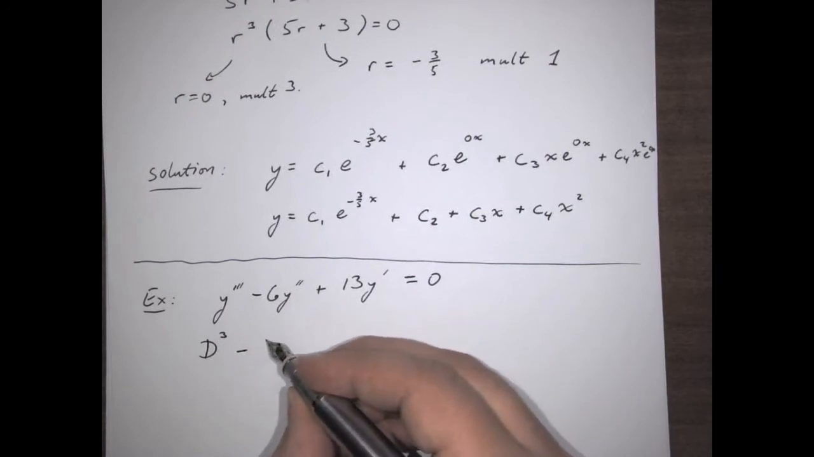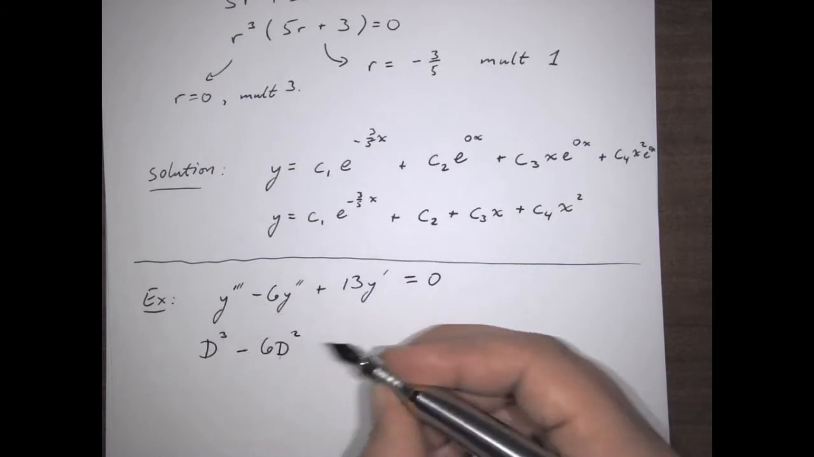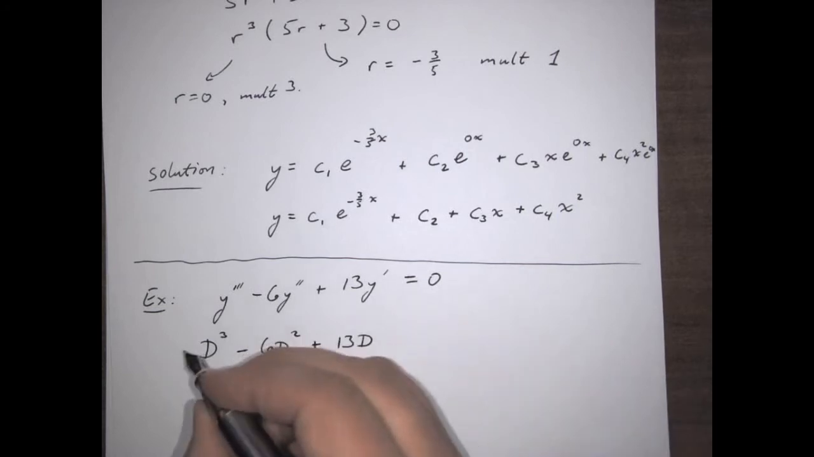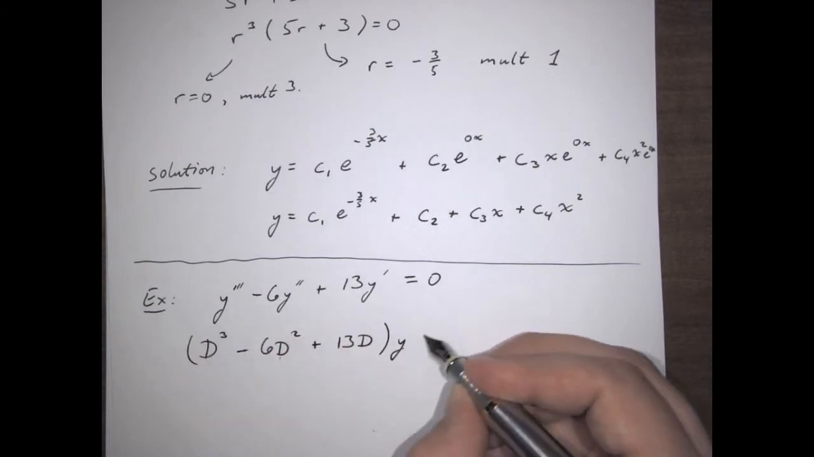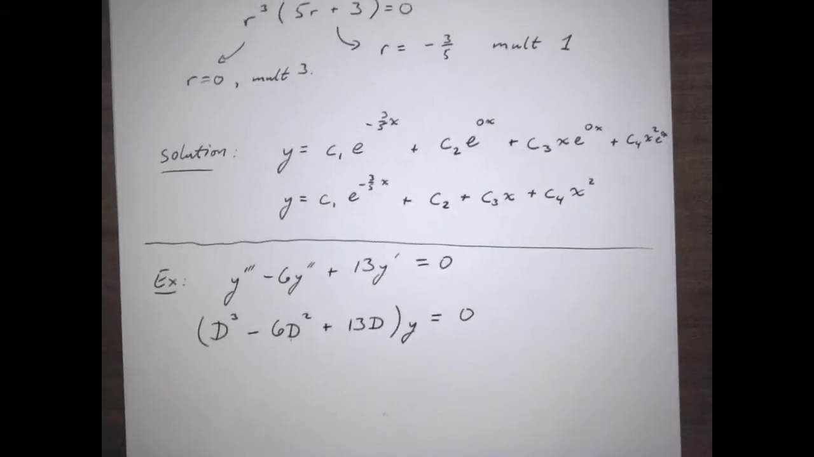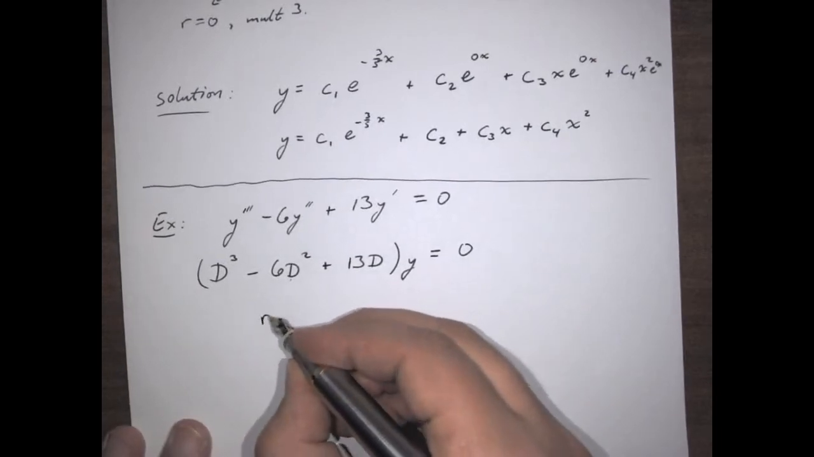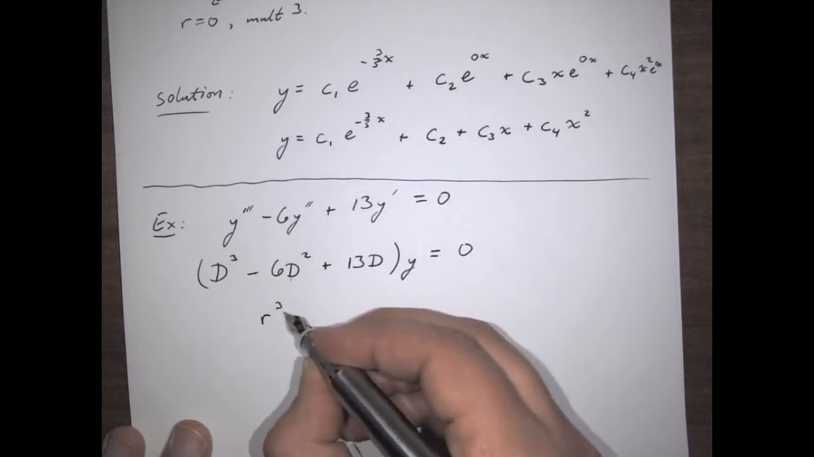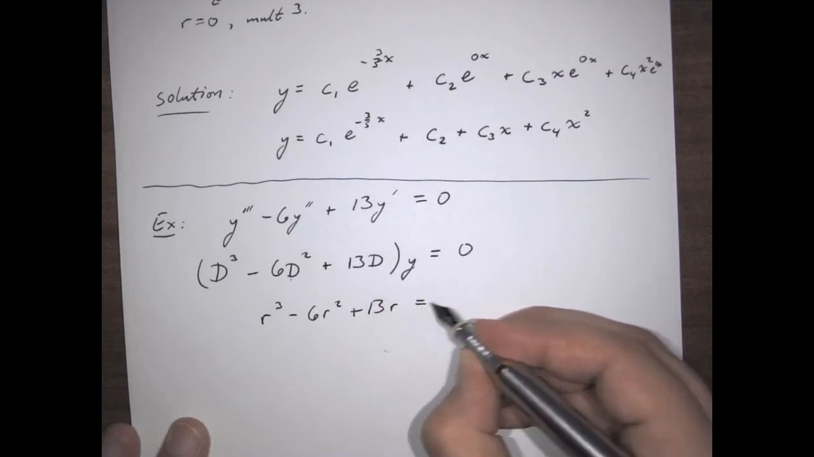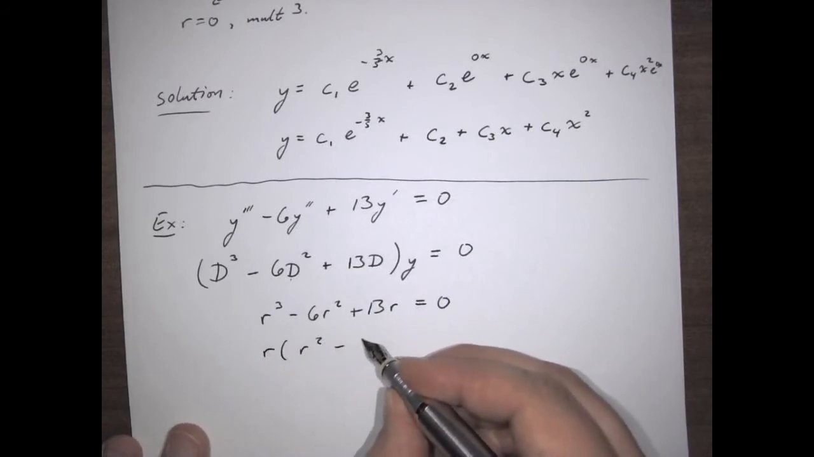I'll have D cubed minus 6D squared, representing the third derivative, second derivative, and then first derivative, respectively, with respect to x. So that's it now expressed in terms of the differential operator, which we can denote by D, and that gives us the characteristic polynomial of r cubed minus 6r squared plus 13r equals 0. Factor out the r, and we'll have r squared minus 6r